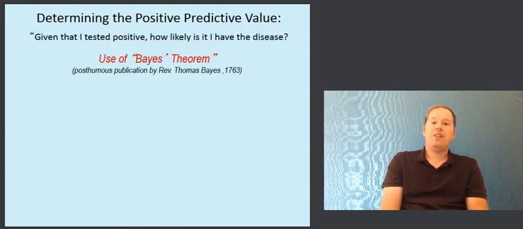So given those two conditions, and one more thing that we need to know, the condition's prevalence, the disease's background rate in the population, we can then come up with, using something called Bayes' theorem, named after a reverend in the 1700s, Reverend Thomas Bayes, who was also an armchair mathematician and developed this mathematics, we can ask the question that given that a person tested positive, how likely is it that they have the disease? Now notice this question.